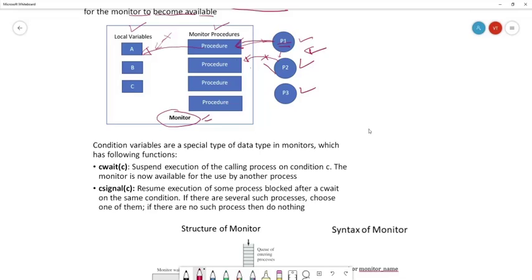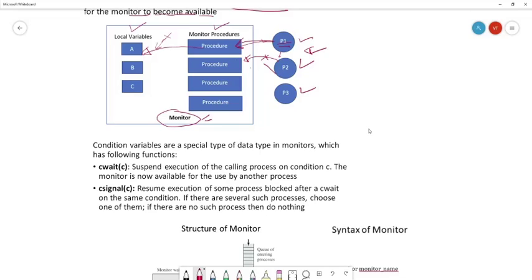Suppose a process is in the monitor and it is blocked until some condition is satisfied. Then the process should release the monitor so that some other process may enter it. Whenever the condition is satisfied, for example, the process was waiting for an I/O operation and that operation is over, the process will be unblocked and the monitor is again available. The process should be resumed and allowed to re-enter the monitor at the same point of its suspension. This entire operation is managed by condition variables. They are contained within the monitor and accessible only within the monitor.